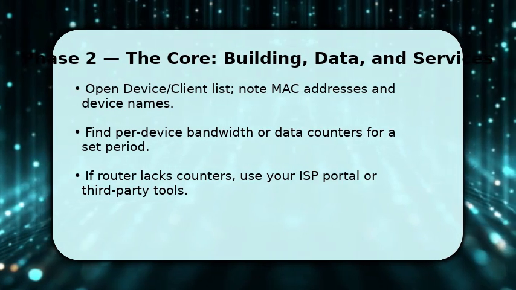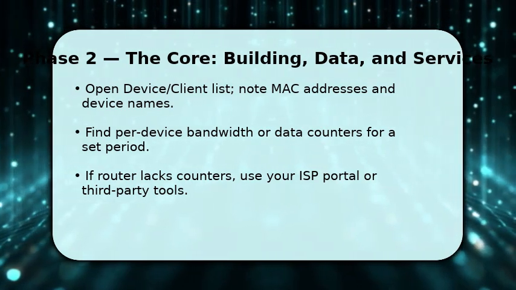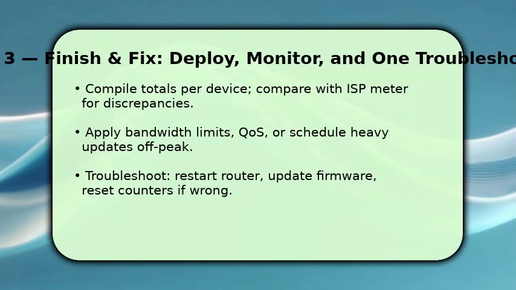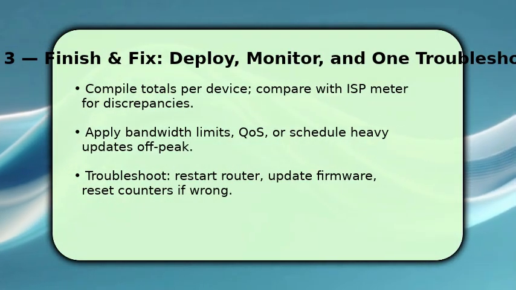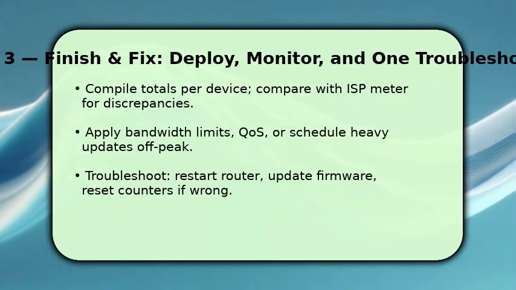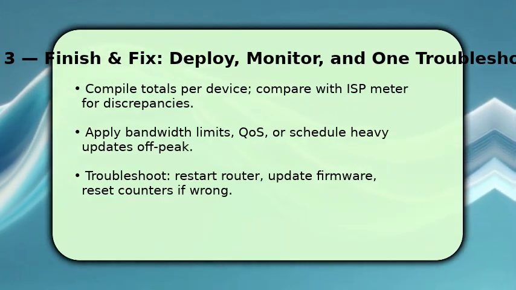Finally, total the data per device and compare those figures to your ISP usage meter to catch discrepancies. Once done, apply bandwidth limits or quality of service rules to curb hogging devices and schedule big updates during off-peak